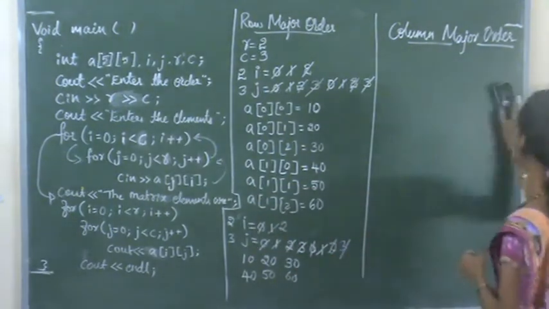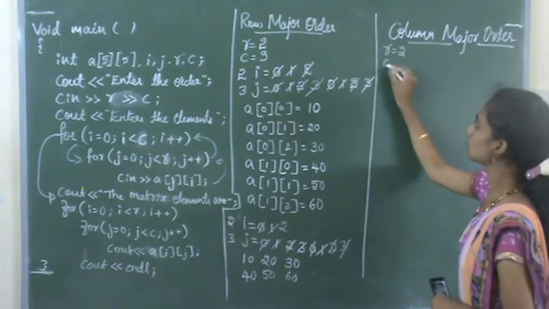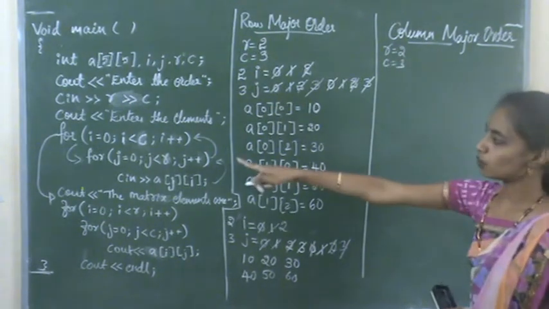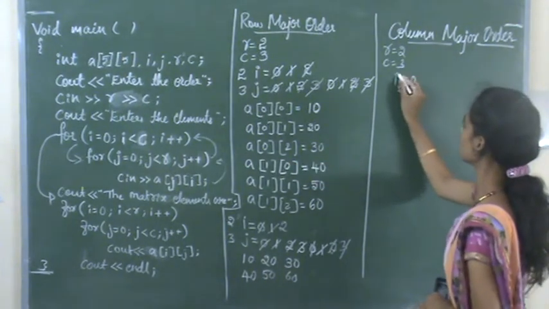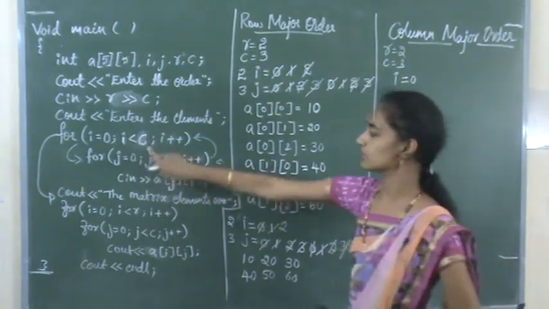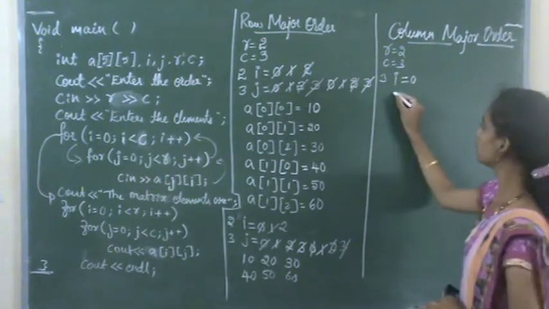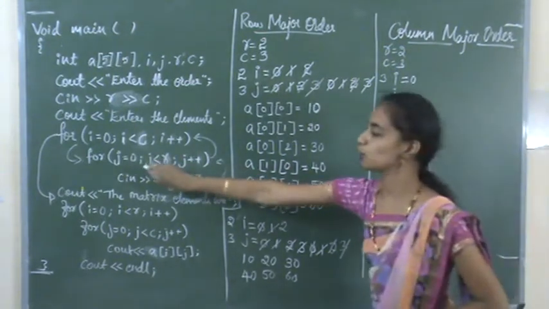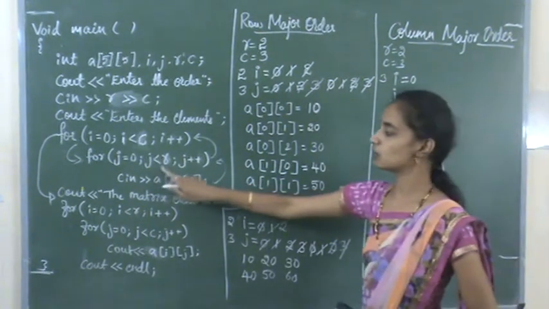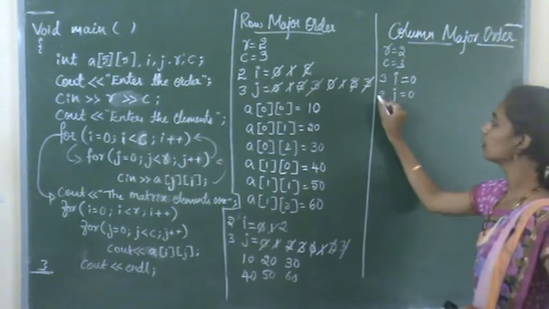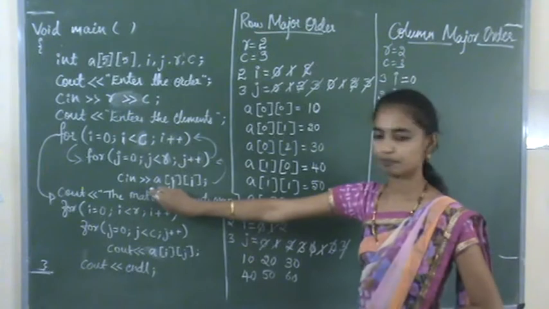Let me show how exactly it will work. Okay. So what is the R value? Take the same example, R is 2 and C value 3. Okay. So now I becomes 0. I equals 0. So I less than C. What is the value of C? 3, right? So 0 less than 3, true. It will enter into the for loop. What is the J value? J value is 0. Check the condition, 0 less than R. What is R? That is 2, right? 0 less than 2, true. It will enter into the for loop.